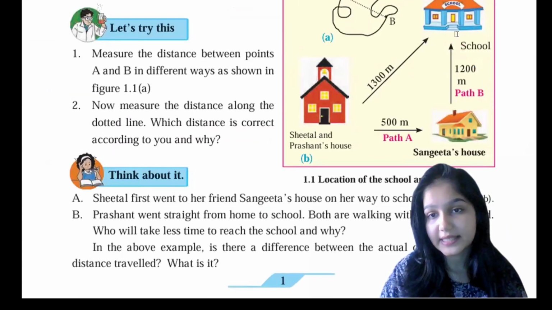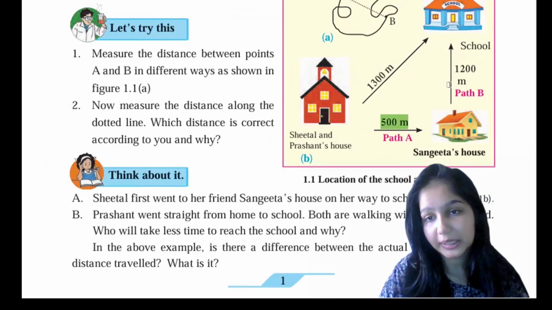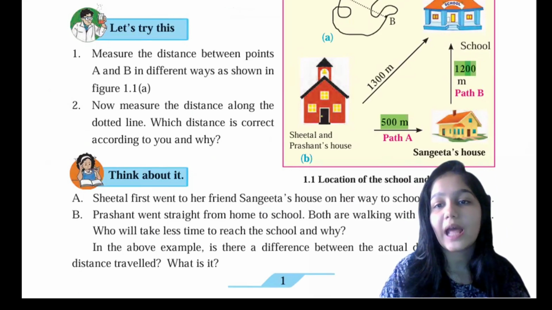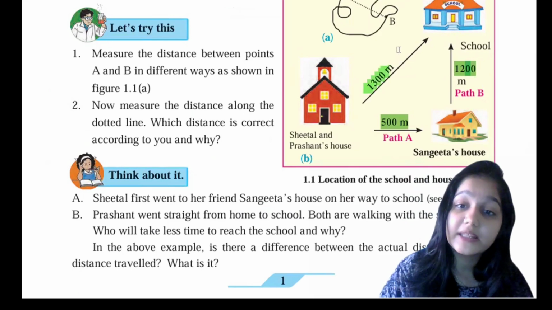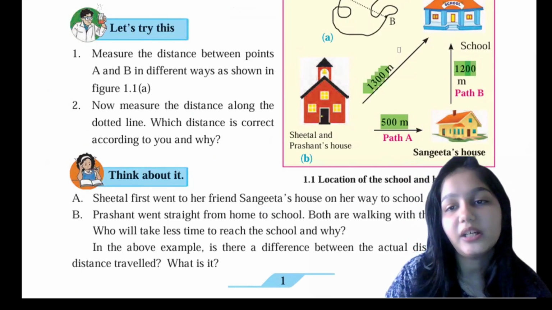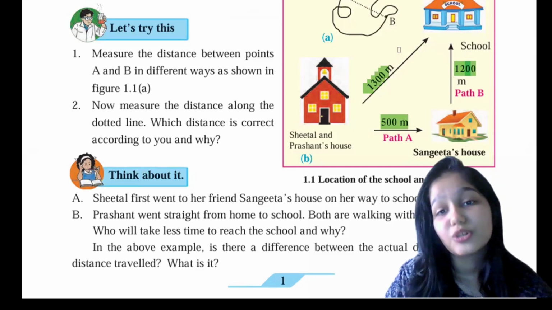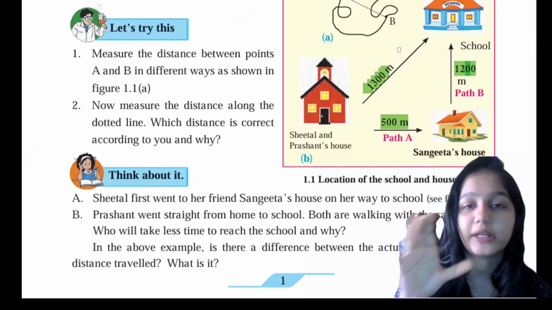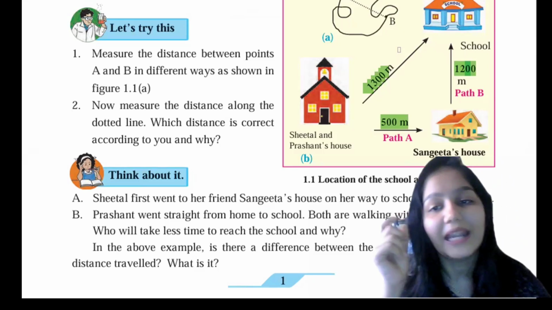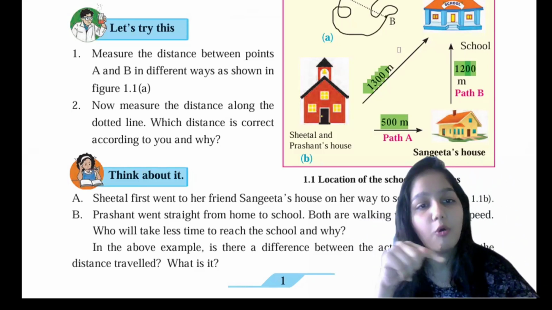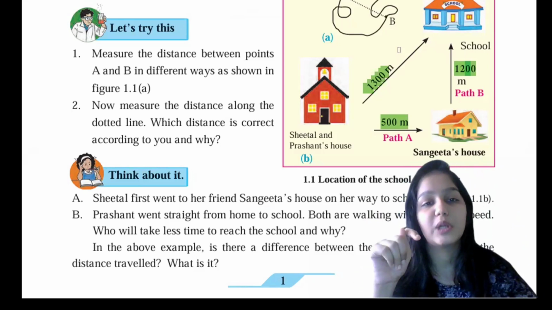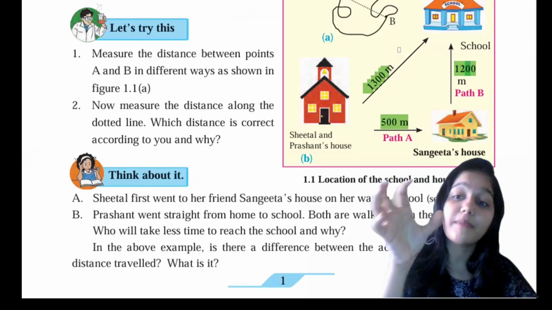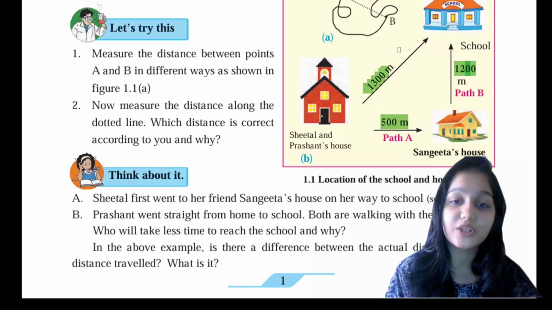This is the whole distance from 500 meter to 1200 meter. This is the distance. Total added up, 1700 meter is the distance. But when you calculate this, 1300 meter, that is the displacement. That means the shortest route, the shortcut, that is your displacement. And distance means the whole long cut, the whole amount of walk that you have done. The whole length of the path is called distance. But displacement is the minor form, the smaller version of distance only.